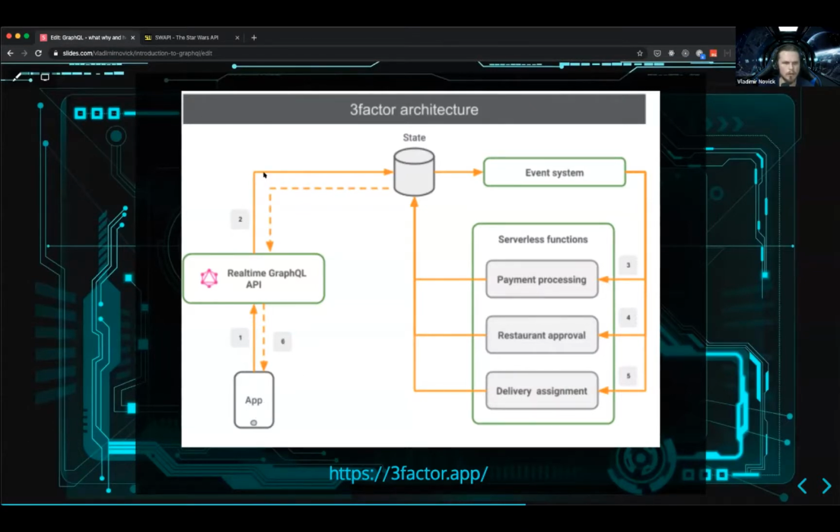Now, I can write the state inside the database. Whatever I write or update in the database, I can have an eventing system that will trigger different webhooks or serverless functions, which will do different processing asynchronously and write things back into the state.